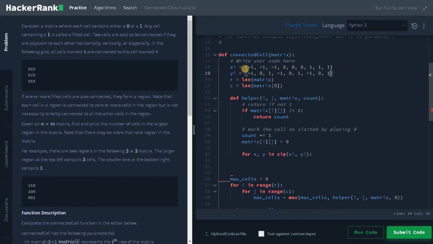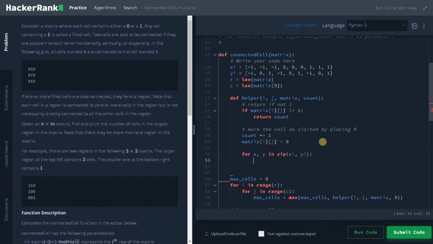So if you are able to see the ranges, -1, -1 will be the first cell, and -1, 0 will be the second cell. Like that it will keep on going for the adjacent cells. So this will traverse all the adjacent cells of the current cell. So the current cell will be i and j.